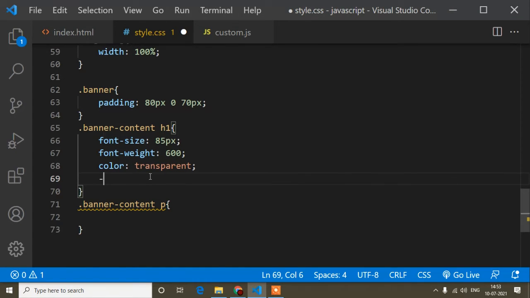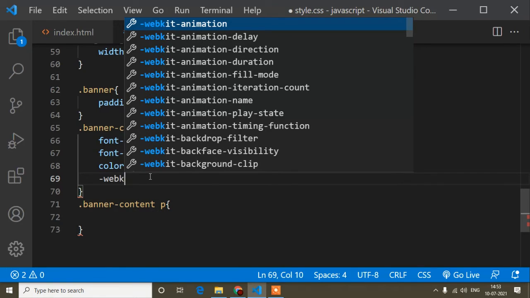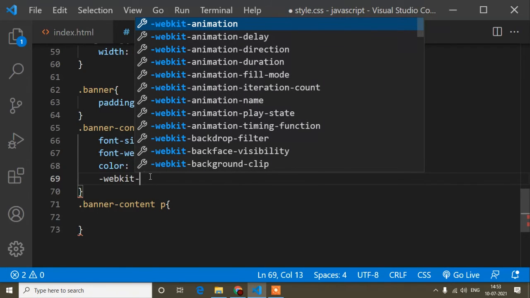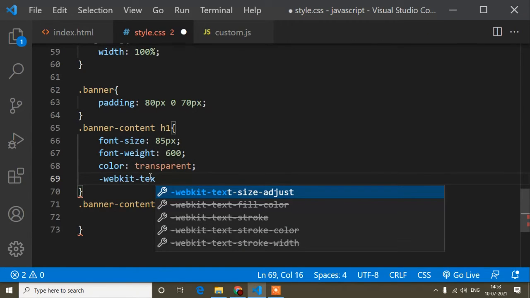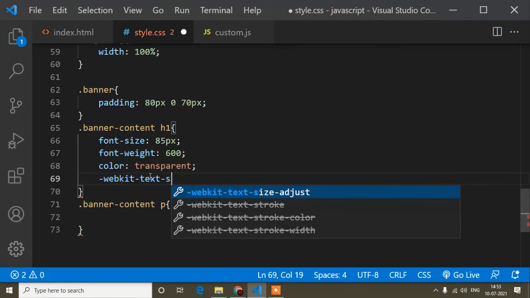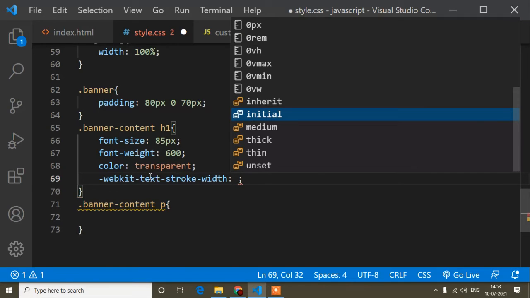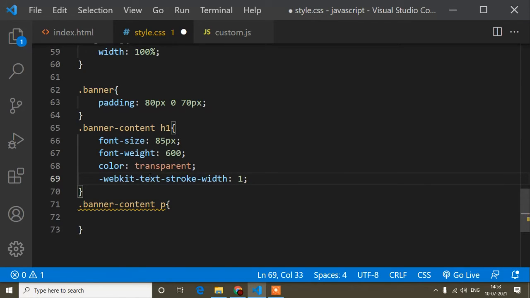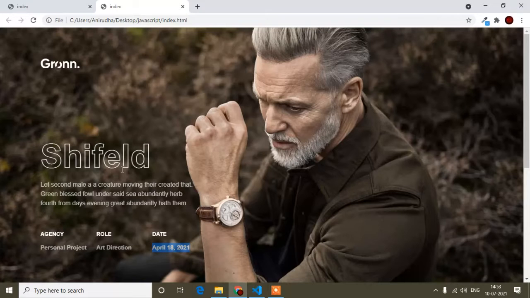Okay, and now here I will write WebKit text stroke with this one. Okay, WebKit text stroke with 1 pixel, so that will add border like this.